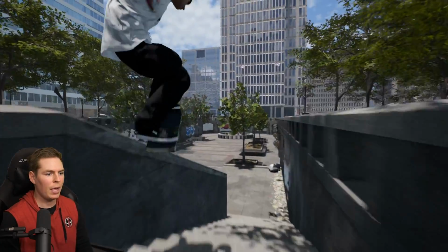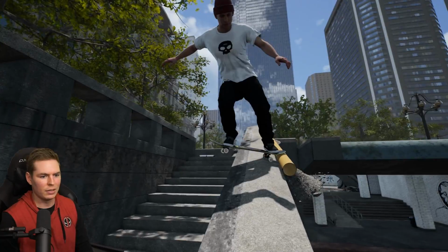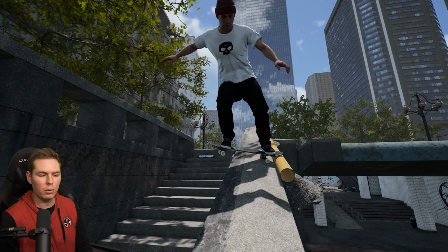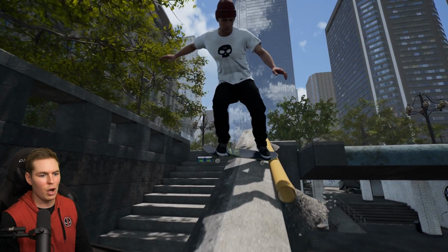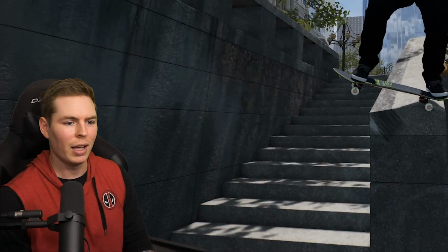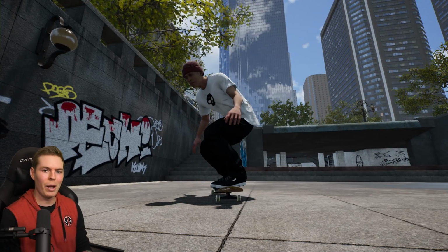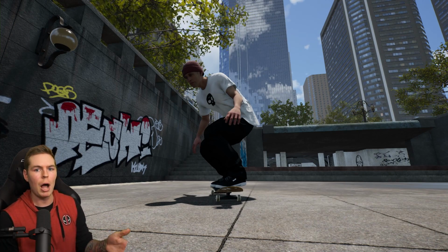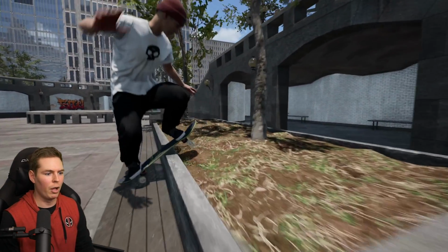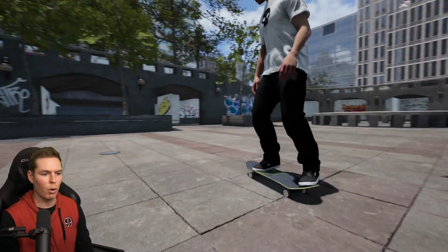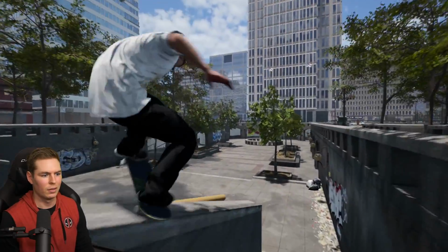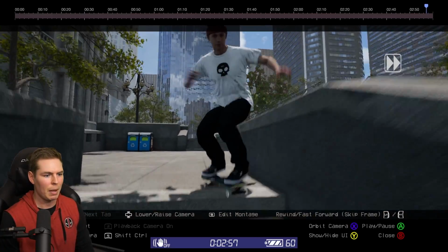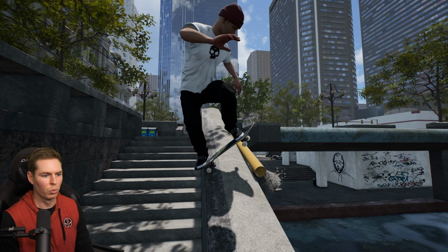But again, if I have any kind of coping on the other side, this is a weird example, but that would be considered a nose slide, right? But then would this be nose slide to nose blunt? I guess so. I don't know. All I know is when Chris Cole does them in Street League, they call it a pop over to blunt, or pop over to nose blunt. But the rules of a blunt are like your front wheels go over first. So my front wheels went over the ledge first, and then my tail and my back wheels went onto the ledge. That's the rule of a blunt.